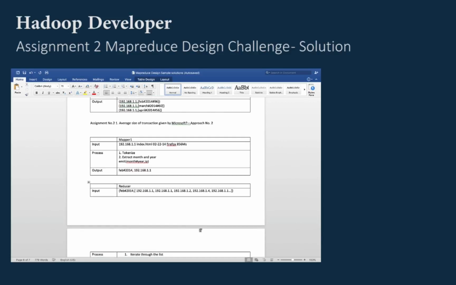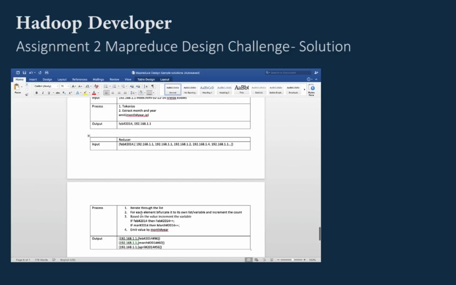So here we see that, let's say there are 3 requests from 1.1, that's our input. We'll iterate through the list, and based on each and every element, we will bifurcate the list or the variable based on the IP address. So if IP is, then we increment